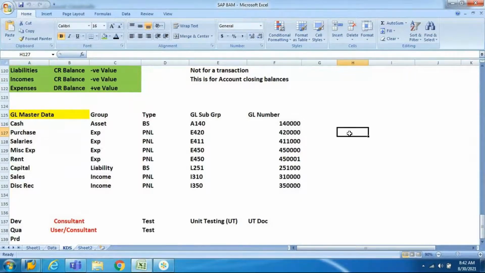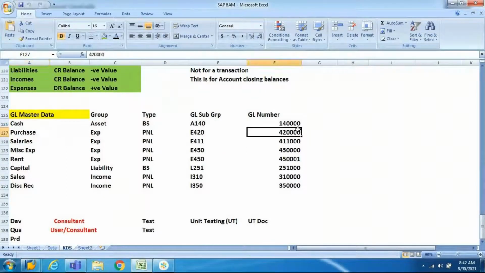Now, first thing, since cash is already created, let us create the purchase account. What will be the number I need to take for purchases? 420. So here for purchases we have already considered a number.